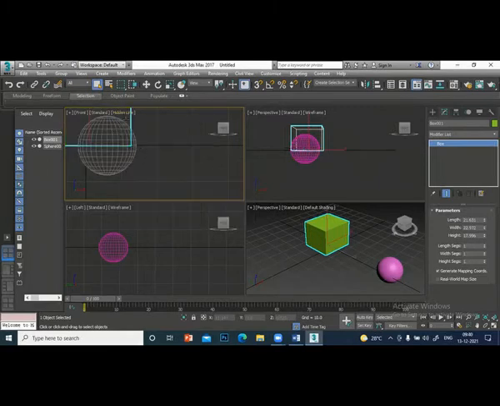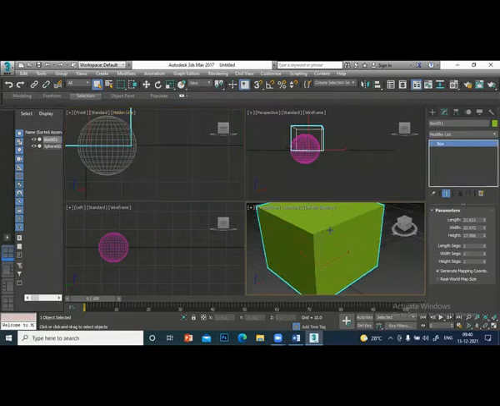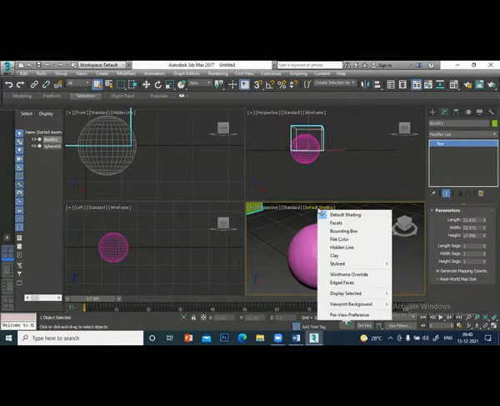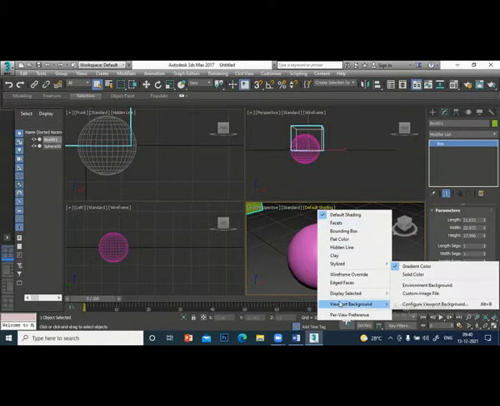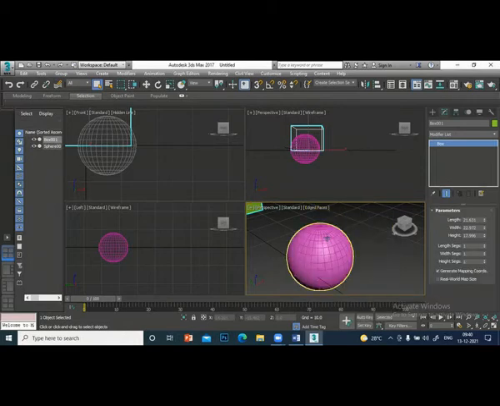Hidden object. Here, now it is shaded. I want to see the segments also. I want to see the segments. So I can use the edged faces. On top of that shade you will put the faces also.